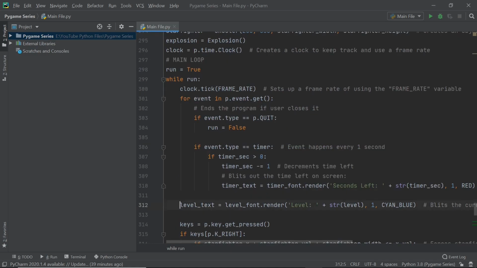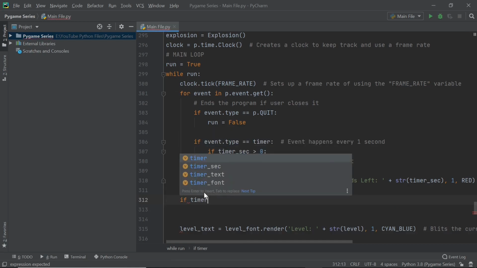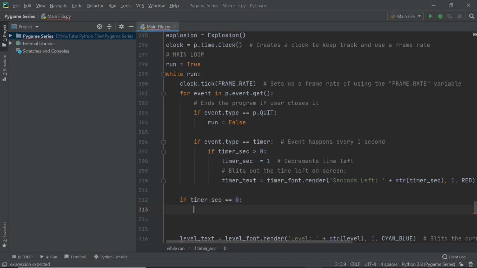Leave a couple of lines before you have this level text, where you print, or not print, actually split the level text on the screen. Here you want to first check if the timer has been set, if the timer is 0 right now. So if timer sec equals 0, in this case the timer has run out, and now you first need to check the level, because if the level is either 1, 2 or 3, then what you need to do is